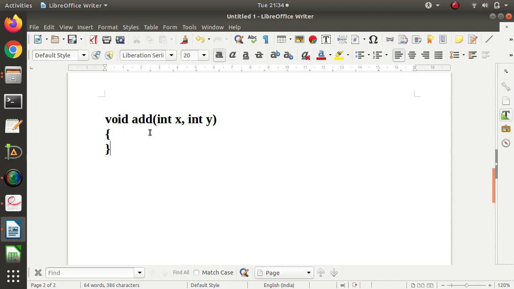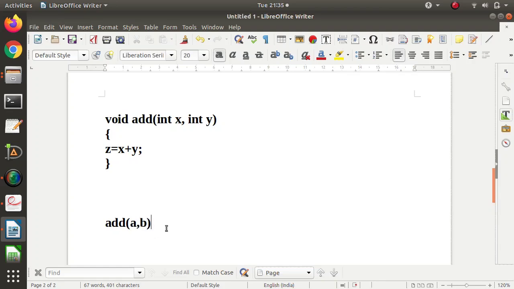Here we are calculating the value. Suppose for example, z is equal to x plus y. Now see, we are calling this function with A and B.